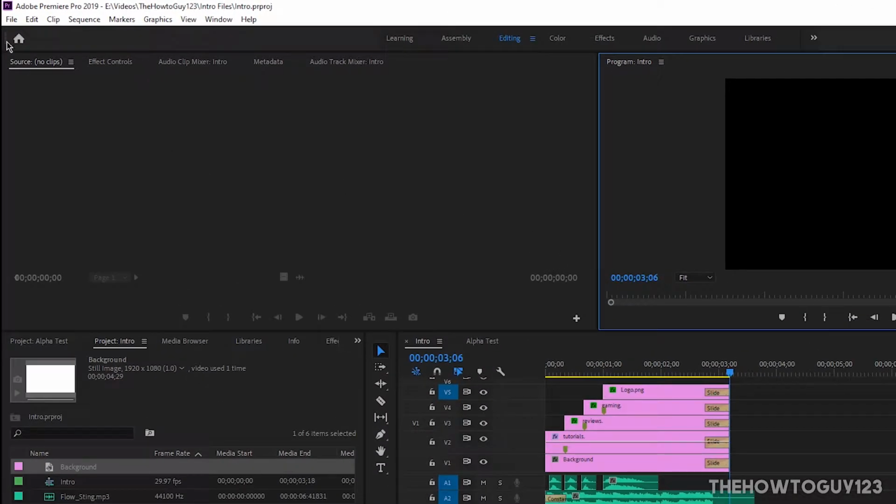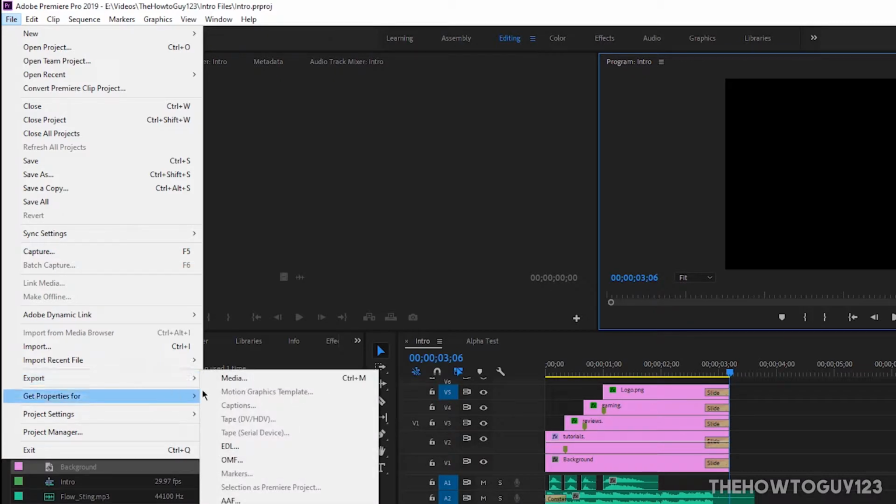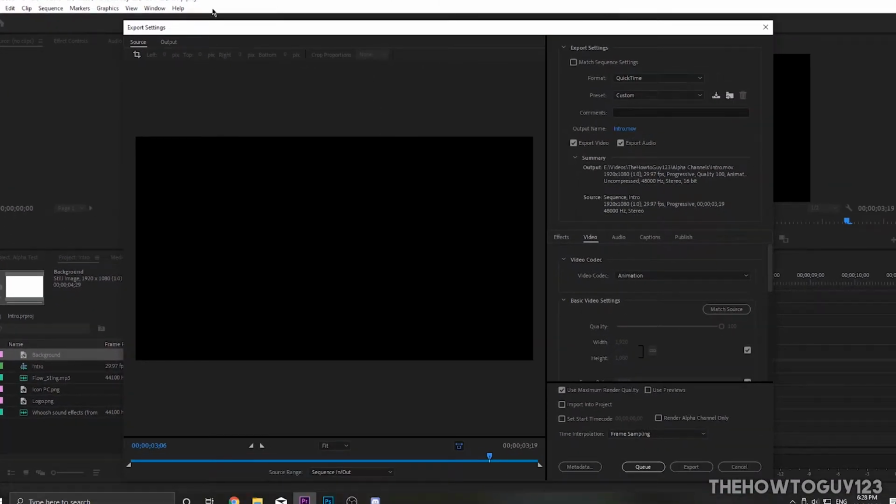So let's go ahead and come up here to File, Export, and then Media. Then this window is going to pop up. Under Format, make sure that QuickTime is selected. Under Preset, choose Custom. Under Video Codec, choose Animation,